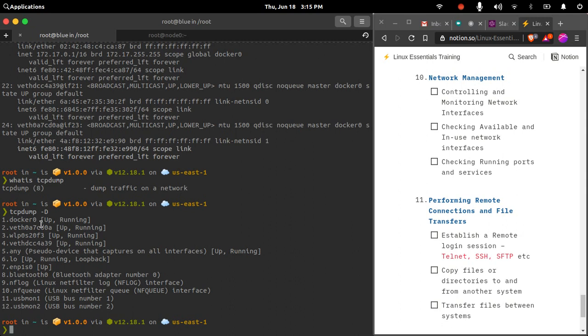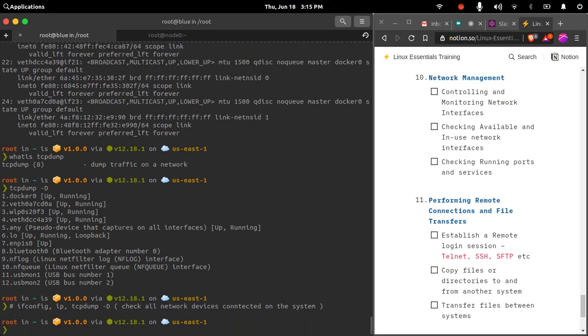If you want to check for the networking devices, these are the commands: ifconfig, ip, and tcpdump with the -D option. This will check all the network devices connected on your system.